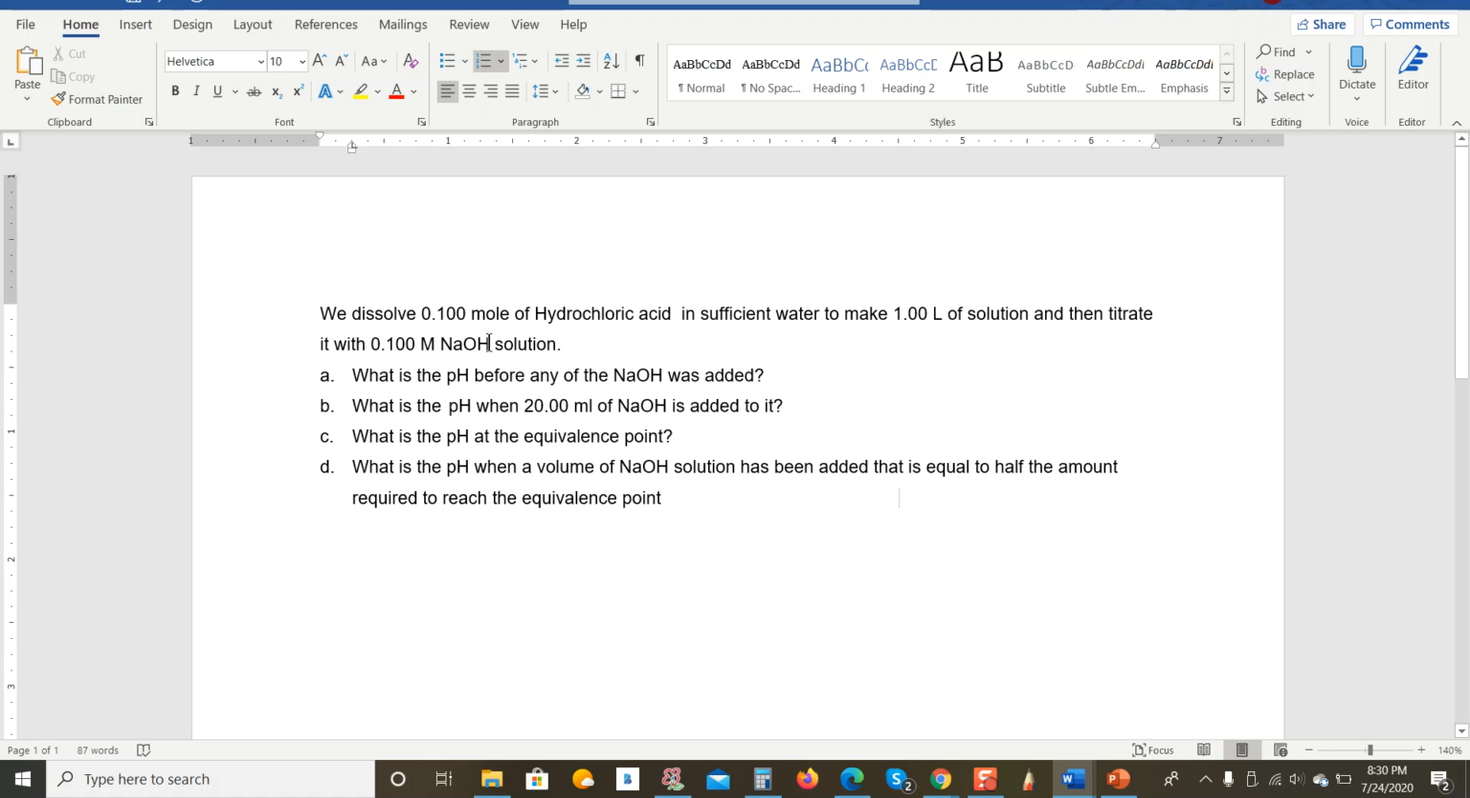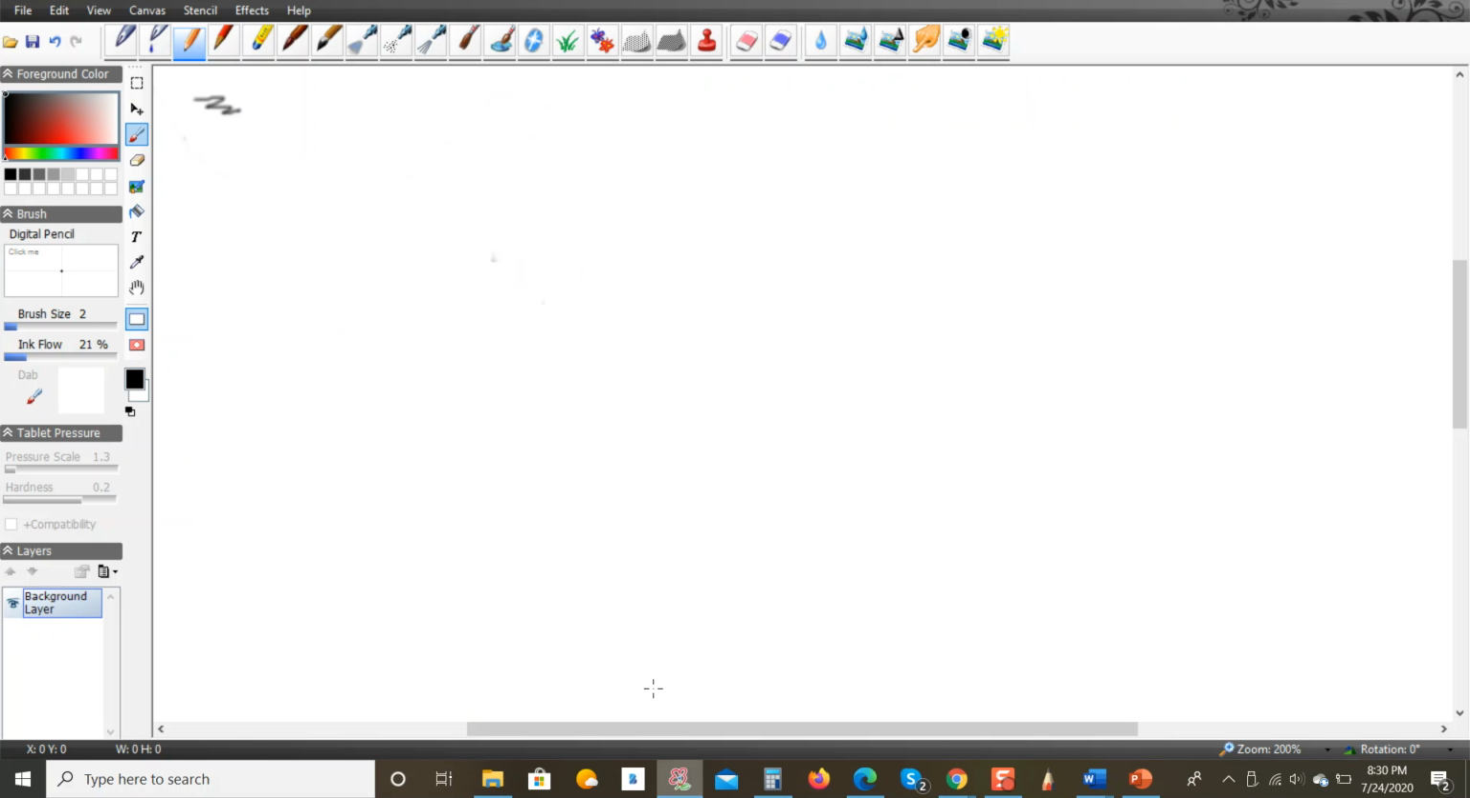So basically that means that we need the concentration of HCl, which is very simple. In fact, let me go to my sketch application here. So therefore it's very simple actually. The concentration of HCl is going to be equal to 0.100 mole over 1.00 liter, and that gives the answer of 0.100 M. And because we know that hydrochloric acid is a strong acid, this would be equal to the concentration